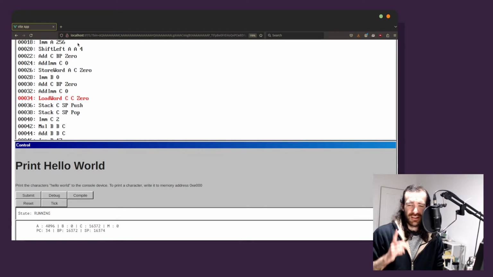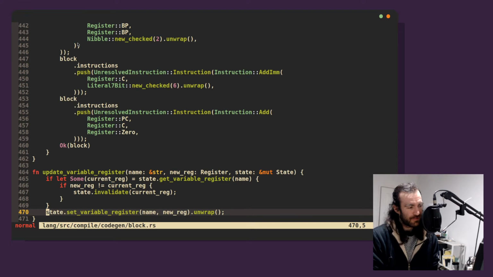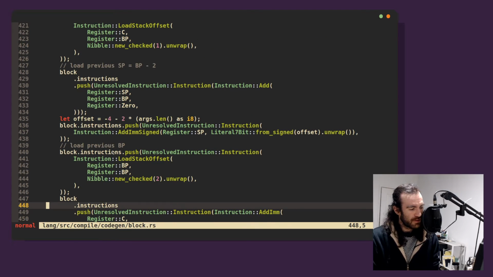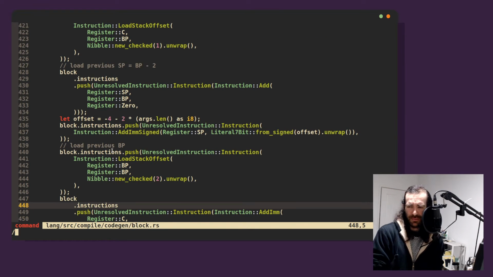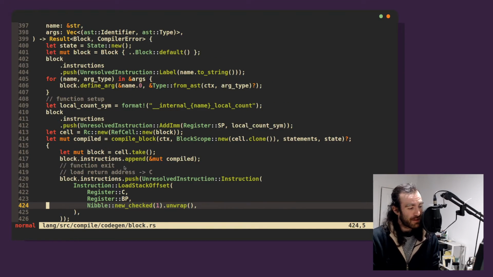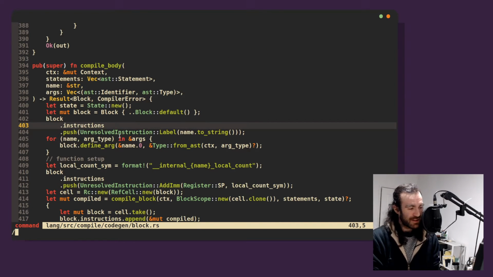So let's have a look at where I've defined this statement. It's in CodeGen block, because obviously I call it block and not function or anything, because it's actually more specific than a function, right? Because a block is also the thing inside of an if or a while statement. So we have a block, a body, a thing that gets compiled. And if we have a look at